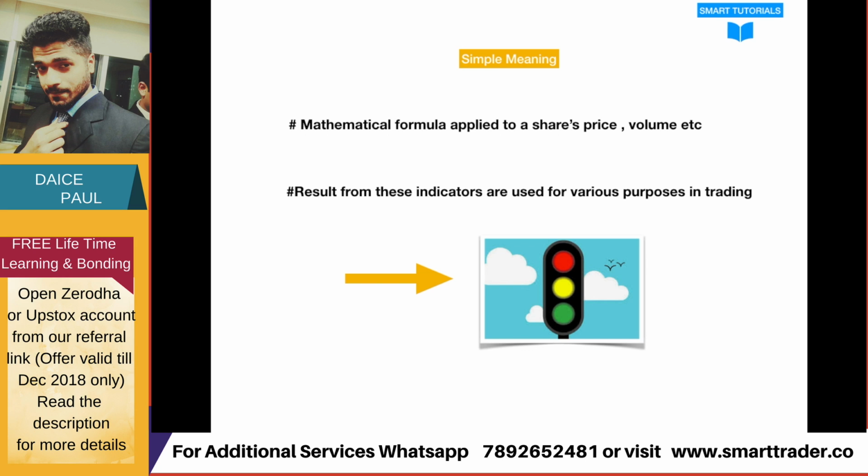They try to give you signals. They try to tell you the market is in danger, the market is in a good way, your stock entry position is good now, it is not good now, it may get reversed now, it may not get reversed now. So it will alert you. That is one important thing you need to understand. Technical indicators are just like this traffic light. It will give you signals, and based on the signals, it is up to you whether you need to stop, follow that, or not follow that, so that your trading will be safer, just like your journey. That is one small example I wanted to show you.